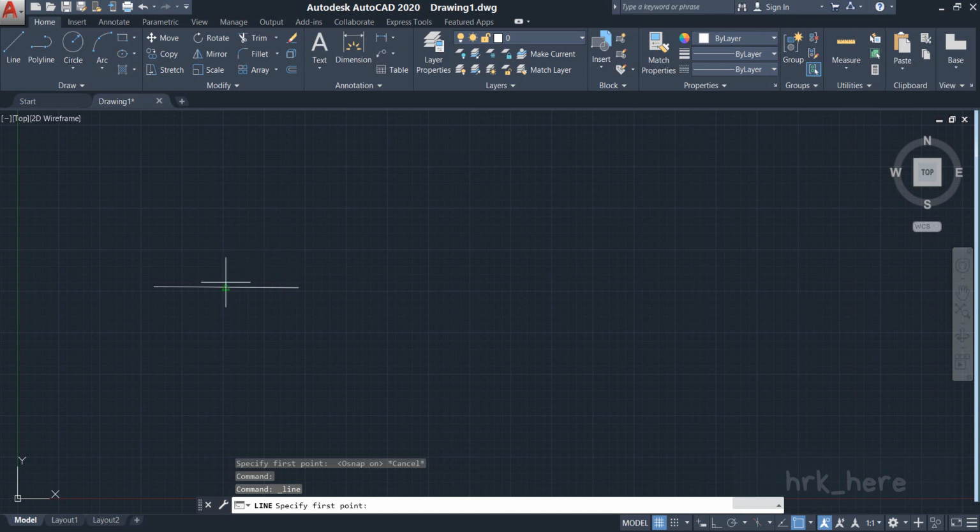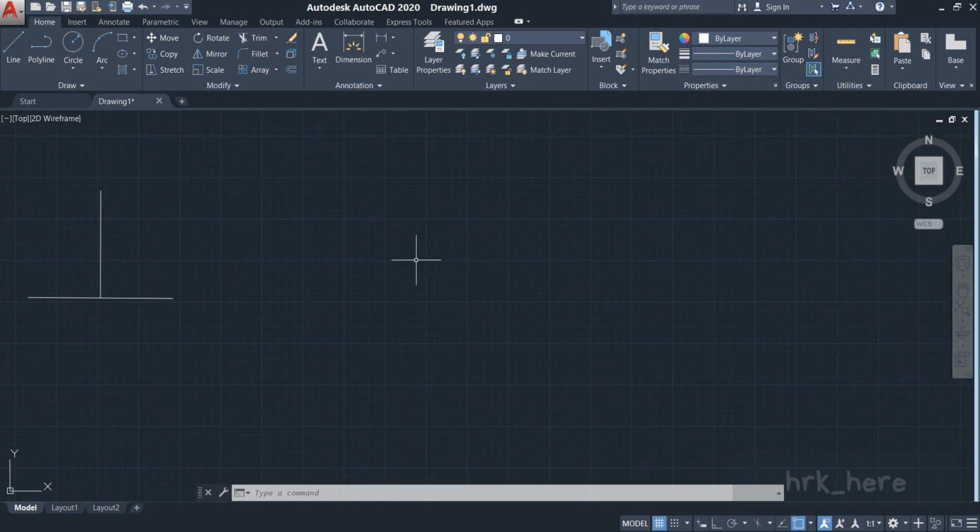So I'll come to the midpoint here, just click there. So the line will start from the midpoint and I'll draw a line and I'll place it over here. So I was able to find out the midpoint easily, right? So it would have been difficult without the object snap on, right?